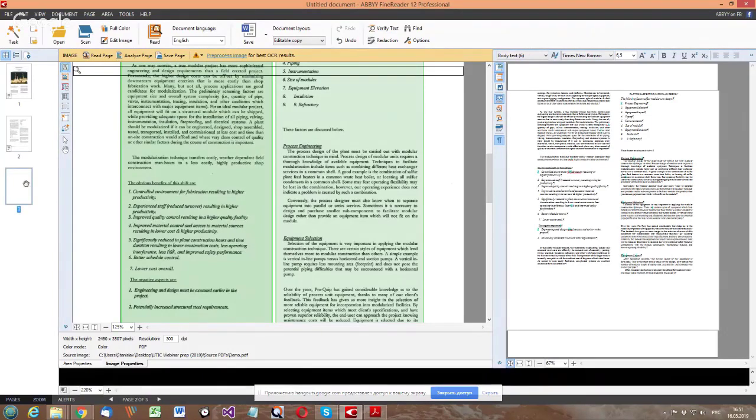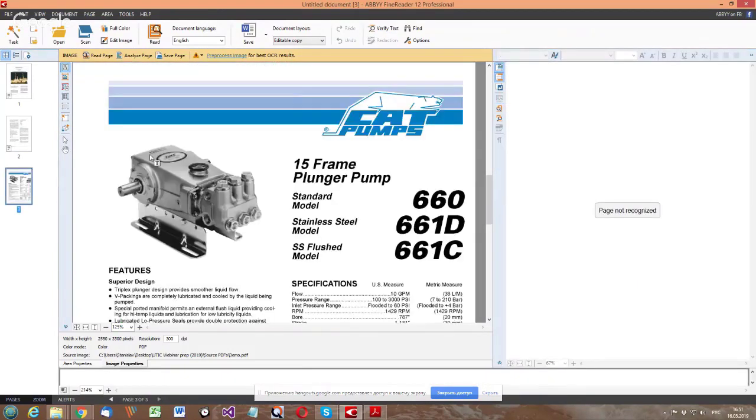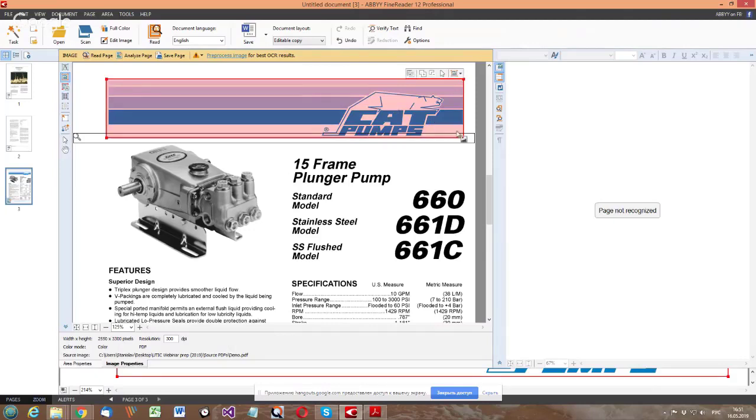Now I go to the third and final page of this PDF file. As you can see, this page is more complex. At the top, we have a band consisting of a single picture. So I will mark the picture area as such. I select the picture area tool and drag the cursor and release the mouse button in the bottom right corner. So I have created the picture area.